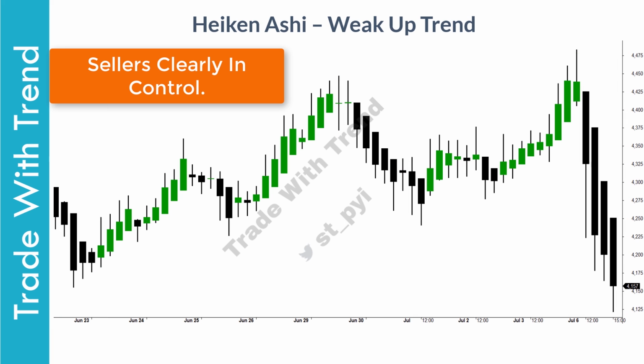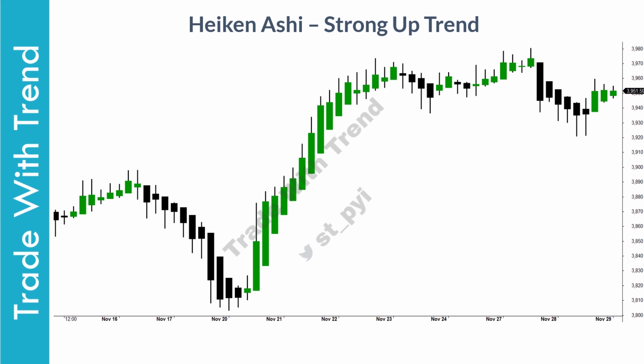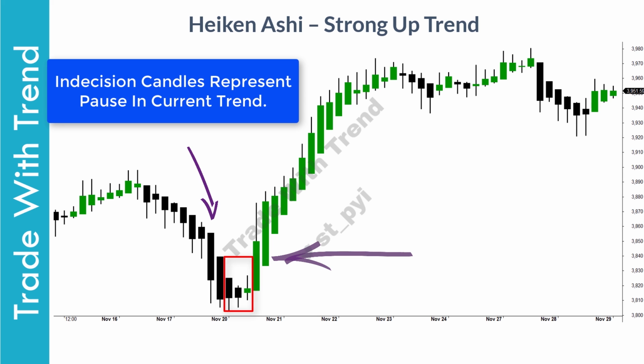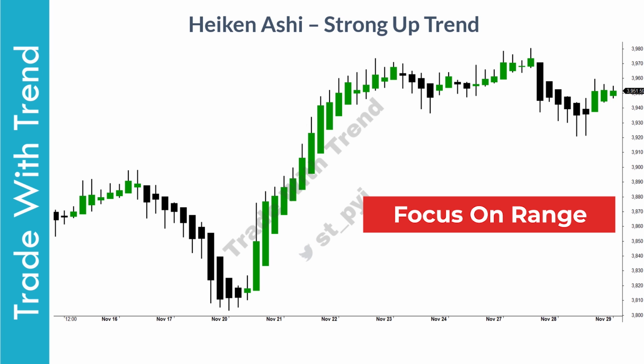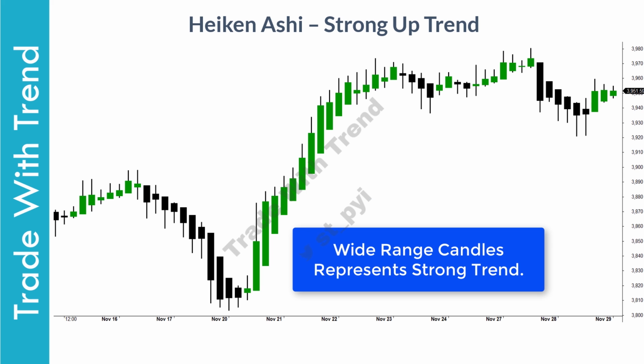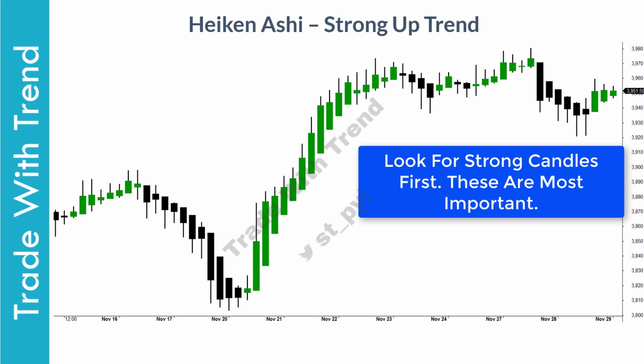Up move has to begin on back of strong Icon SE candles. In this chart, let us see how a strong uptrend looks like. Now, after price moved lower here and couple of indecision candles came up, look at these 2 Icon SE candles here. Now, these are clear initiation candles that you can spot on the chart. Such candles usually set the foundation of trend and hence these should be tracked closely. Now both these Icon SE candles are wide range candles and represent strength and momentum. In the previous chart, if you see, these candles were clearly missing. So henceforth in price trend analysis, look out for presence of such strong candles on the chart.